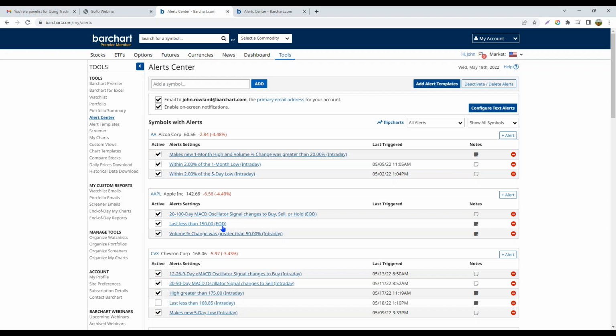All right. So I can sort by active or inactive. I can look at those that have been triggered. What time have they been triggered? I can look at a very specific symbol, or I can also use my flip charts. Now, what I want to do for you guys here is add a symbol to my